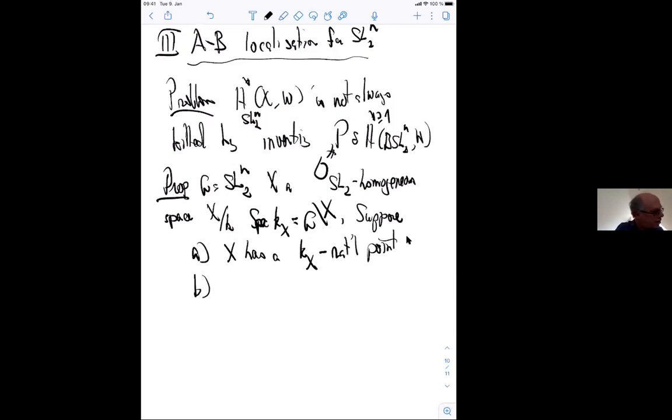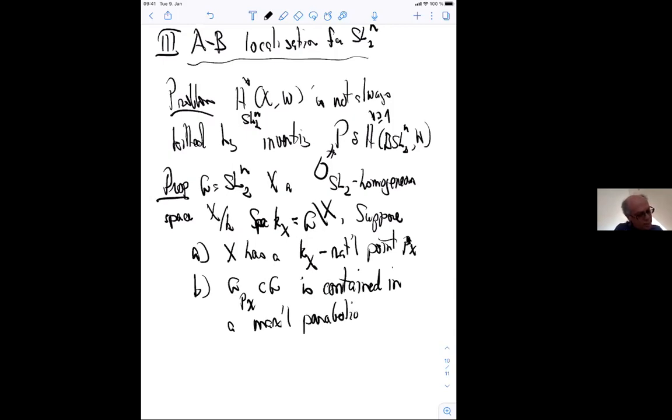And secondly, let's call it P sub X, if you take the isotropy group inside of G, it is contained in a maximal parabolic, so split parabolic